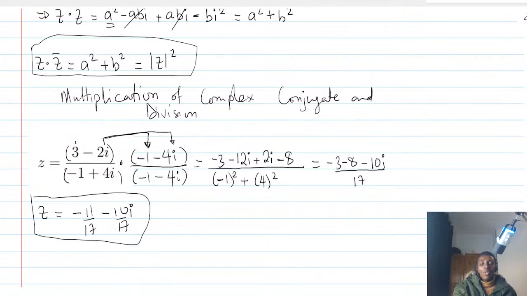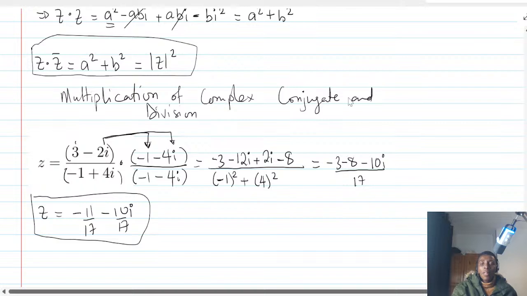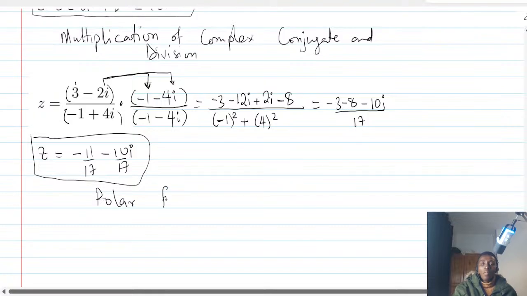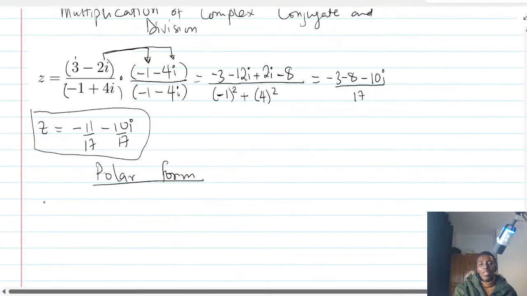So Euler was able to show that whenever I have a complex number, okay,